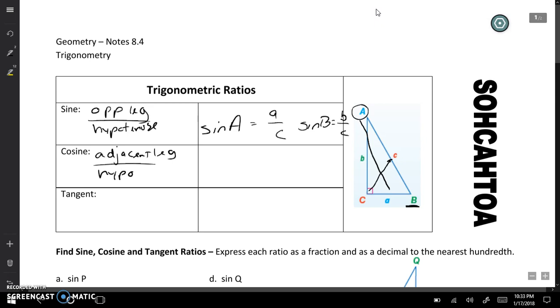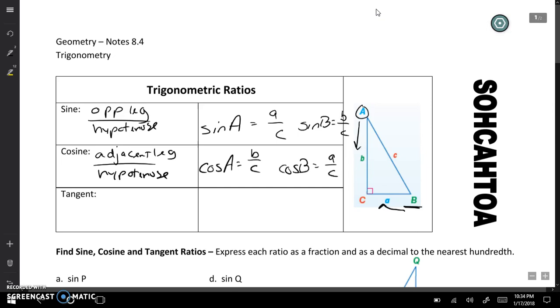The cosine is the adjacent leg over the hypotenuse. Adjacent means next to. So if we were going to find the cosine of A, you start at A, the leg that's next to it is B, over the hypotenuse, which is C. The hypotenuse, C, can never be an adjacent leg. You're always going to be using the legs. And then the cosine of B: the leg adjacent to it is A, over the hypotenuse,